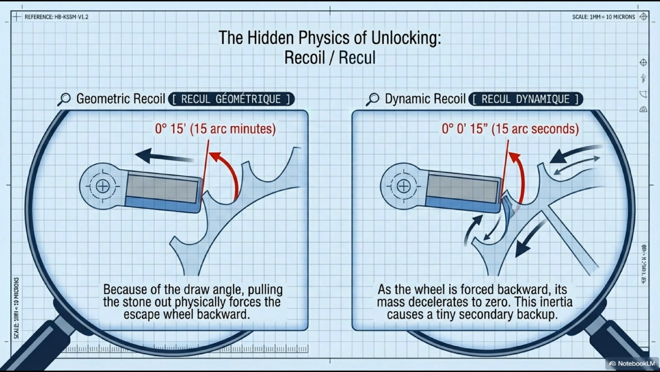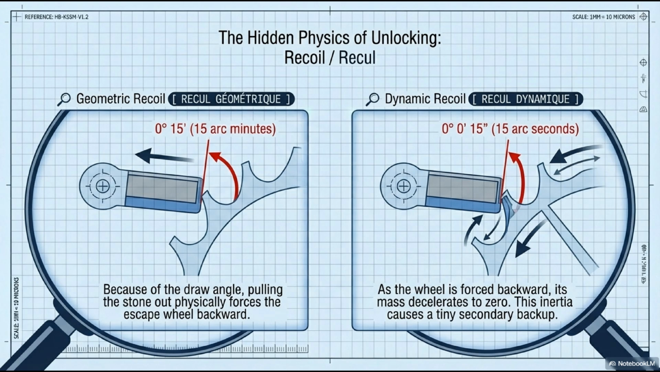Why does this matter? Two reasons. First, it's the kinematic basis for understanding rest face stoppage, which we'll cover in section 6.4. At full wind, this recoil is largest, and if the draw angle is too steep, the friction during this recoil phase can exceed the hairspring's ability to complete the unlock. Second, it quantifies a real energy dissipation: some mainspring energy is consumed in this brief backward motion before the wheel